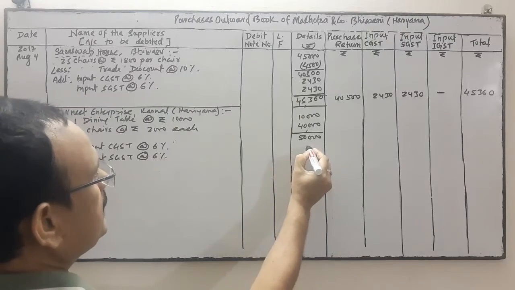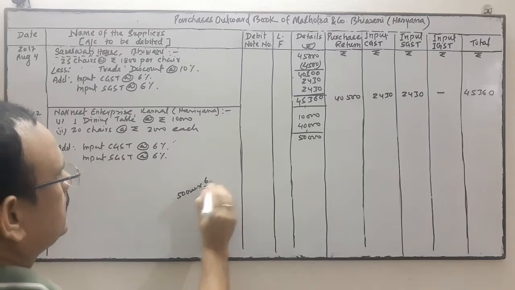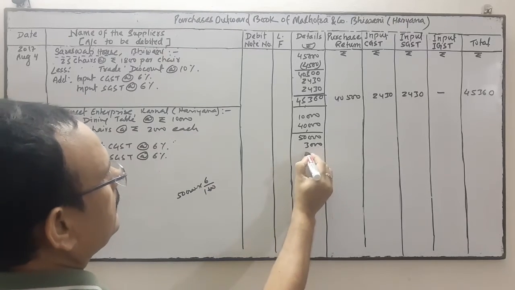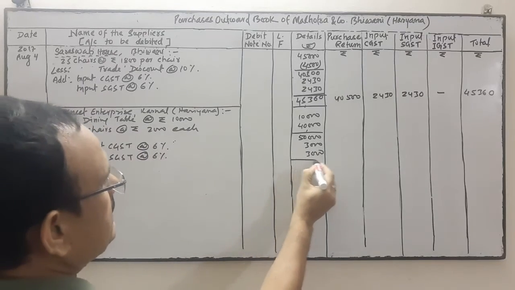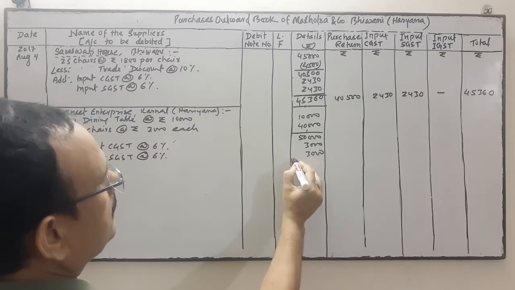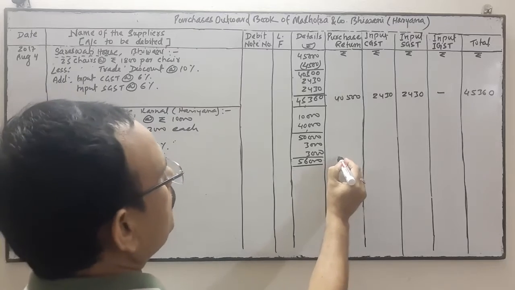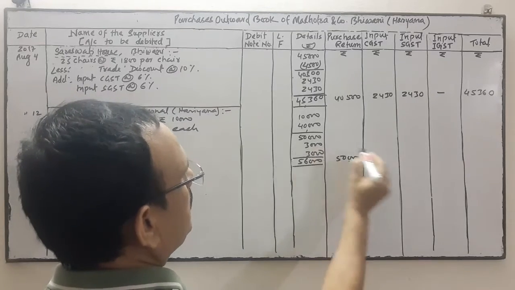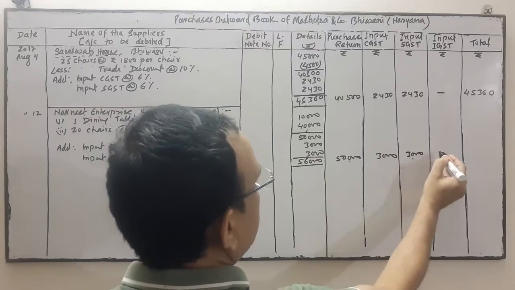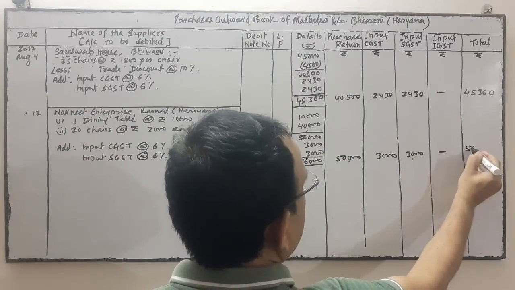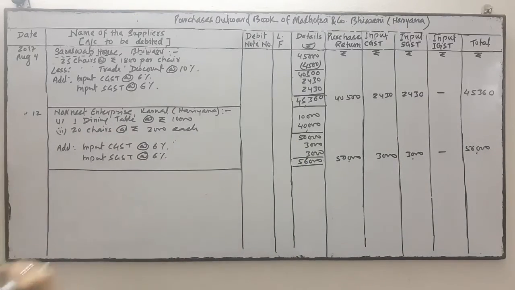It's a reverse treatment. So 50,000 into 6%, 50,000 into 6%, it is 3,000 and 3,000 respectively, 6% CGST and 6% SGST. So the total is 56,000. 50,000 will be in the purchase return, 3,000 will be in the input CGST, 3,000 will be in the input SGST, and total is 56,000. This transaction is completed. Now I blocked it.